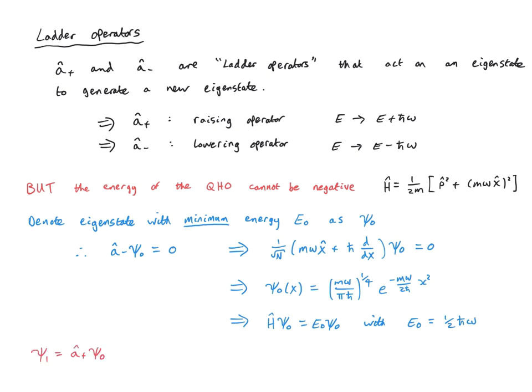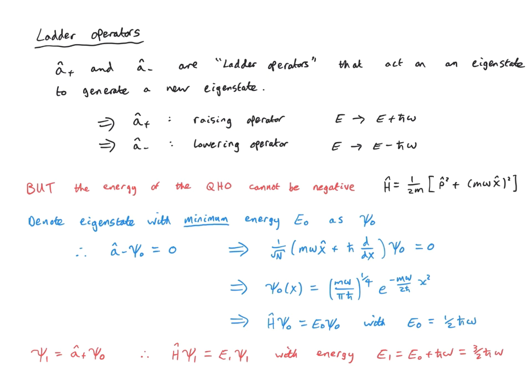We can now construct all of the other eigenstates of the system. For example, we can define psi1 as being a plus acting on our ground state psi naught. We know that psi1 would satisfy the Schrödinger equation. That means that H acting on psi1 gives us E1 times psi1 with an associated eigenenergy E1, which is raised with respect to E0. So E1 is equal to E0 plus h bar omega, and given that we know that E0 is the ground state energy, half h bar omega, overall E1 gives us 3/2 h bar omega. And in exactly the same way, we can generate all of the eigenstates in the system, which will produce a ladder of energies starting from a half h bar omega